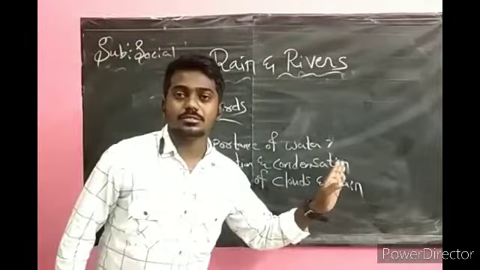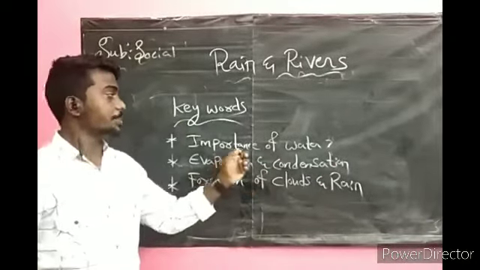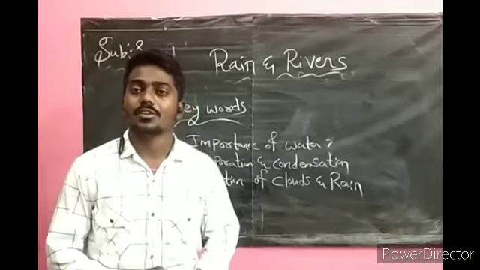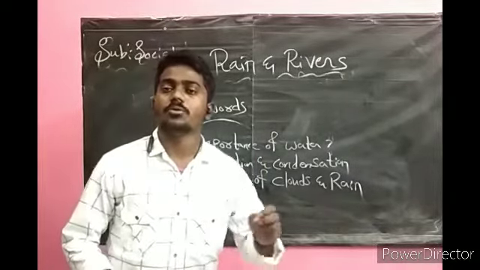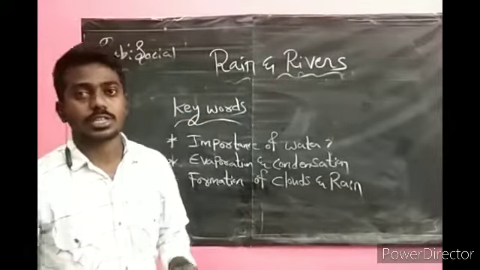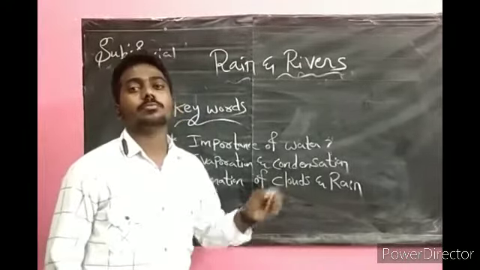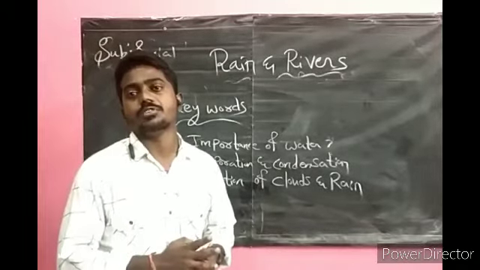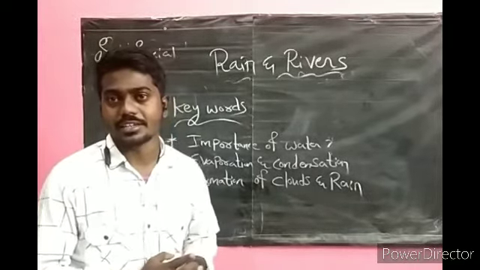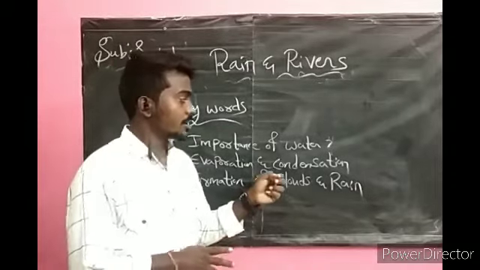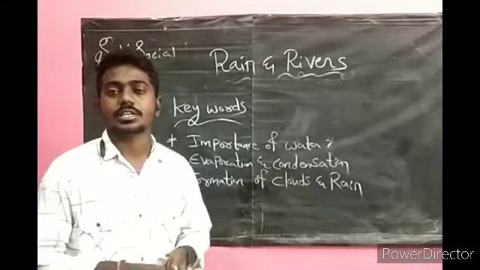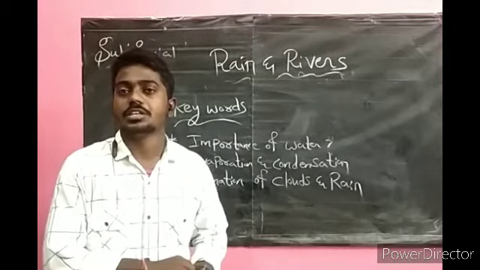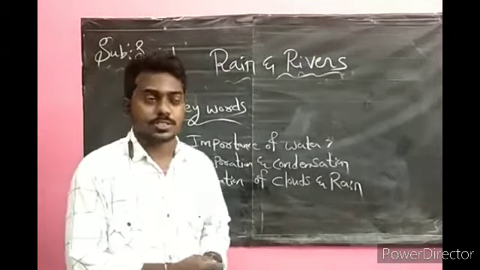We learned today's topics about the importance of water. I told that almost 71% of Earth's surface we have water, and 29% we have the land. Of that 71%, 97.25% we have the salt water, which is not possible for drinking. Okay, salt water is present in the oceans. In fresh water, 2.75% of fresh water we can get maximum from the ice cubes.